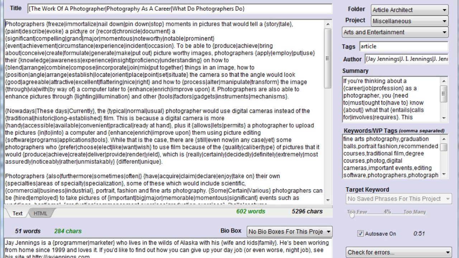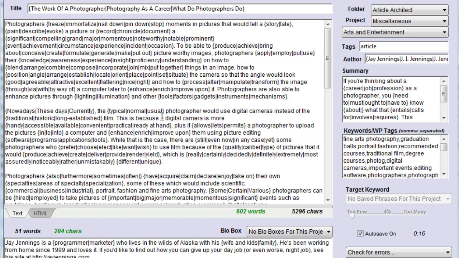This is just once you've got an article like this, because you can either write an article like this, you can mark it up yourself, or you can actually purchase articles that are spin ready. All right, so that's what this one is, and you can see here that I've got all these little curly brackets and the pipe character, that's a little up and down thing. I've got that up here in the title. I've got it in the author area over here. I've got those in the summary. Keywords I left alone. I've got a couple of them here down in the bio,